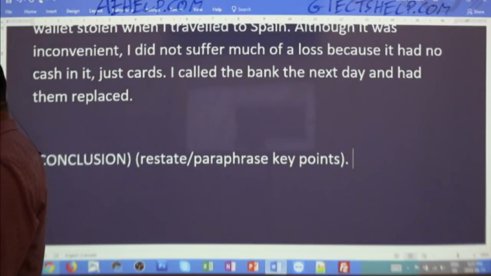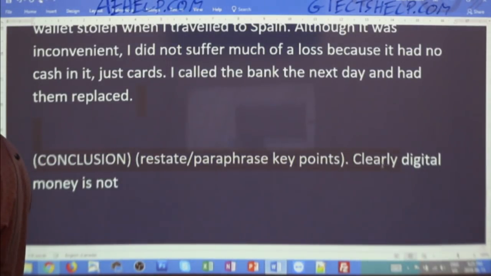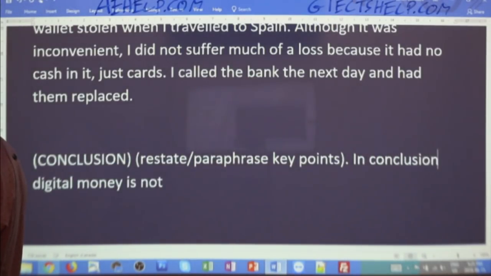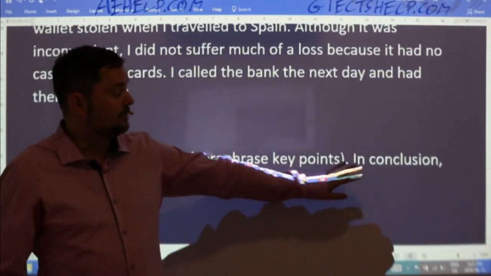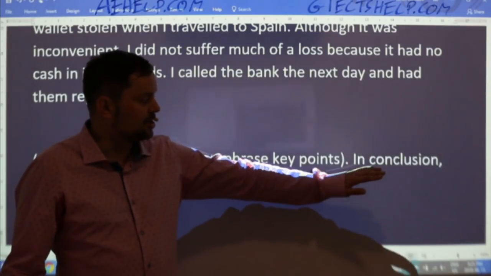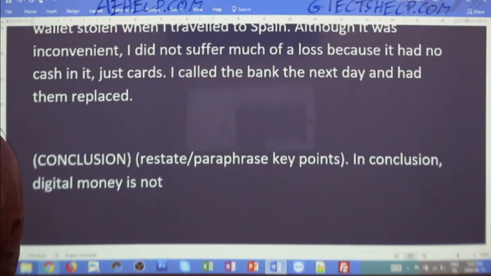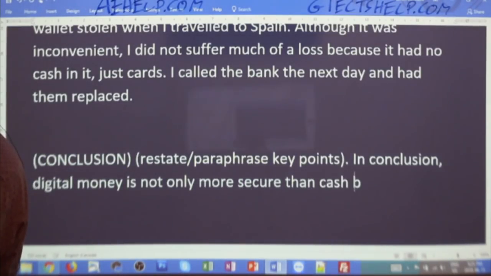Okay, and here I'll start it off. So clearly, digital money is not, or in conclusion, let's start it with that. Highly recommend using in conclusion. In conclusion for IELTS. In university, your professors, some of them, don't be surprised, will ask you not to use in conclusion because it's a waste of time. We know it's your conclusion when it's your last paragraph, but that's university or college. In IELTS, you should use in conclusion. They like that. So in conclusion, digital money is not only more secure than cash, but also